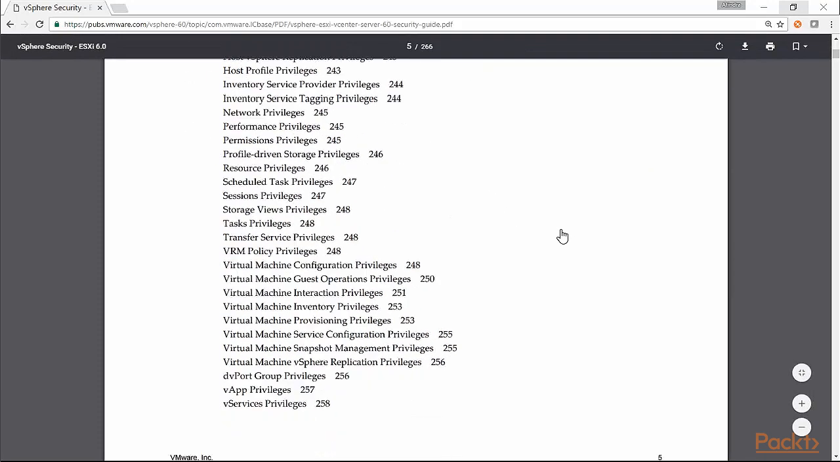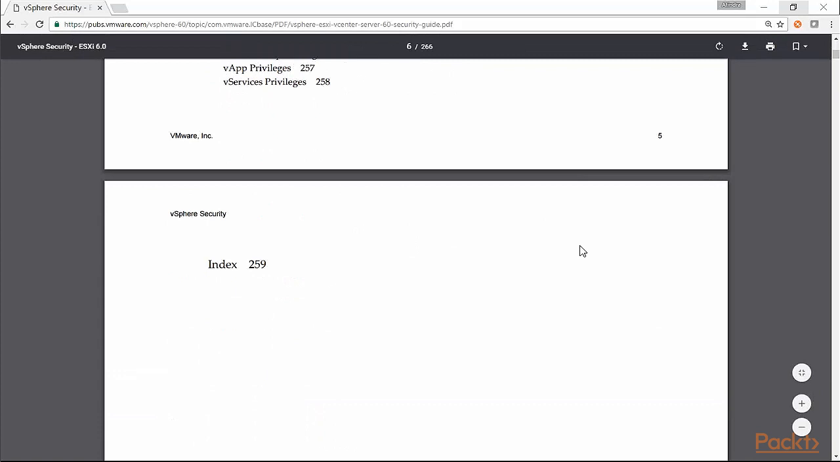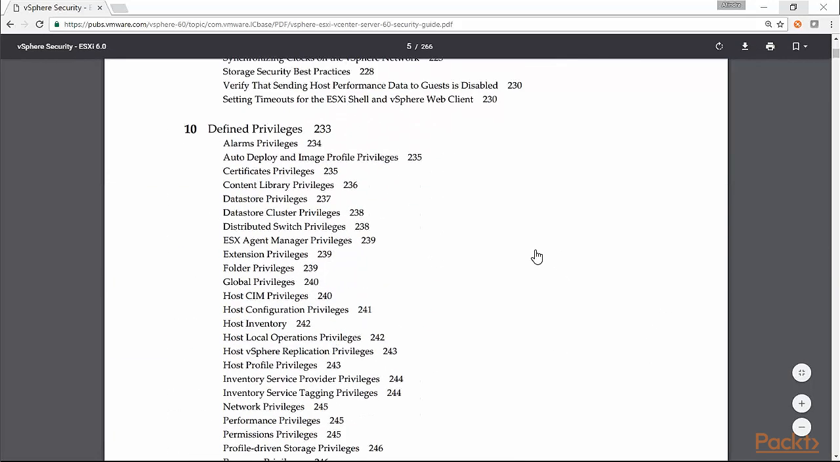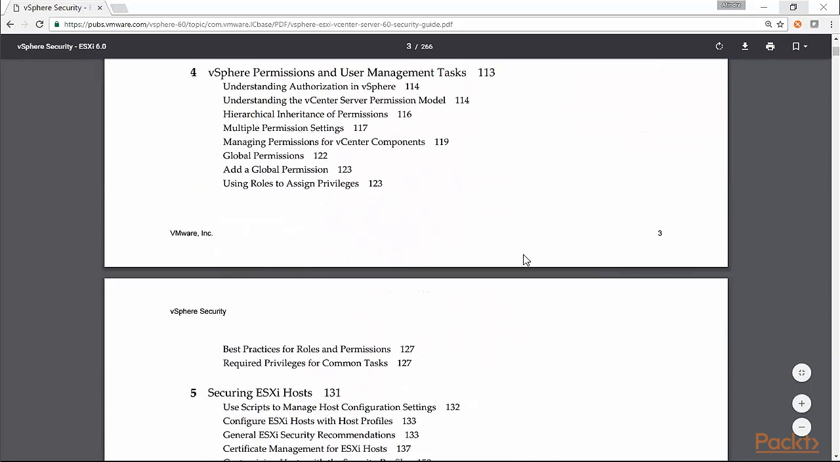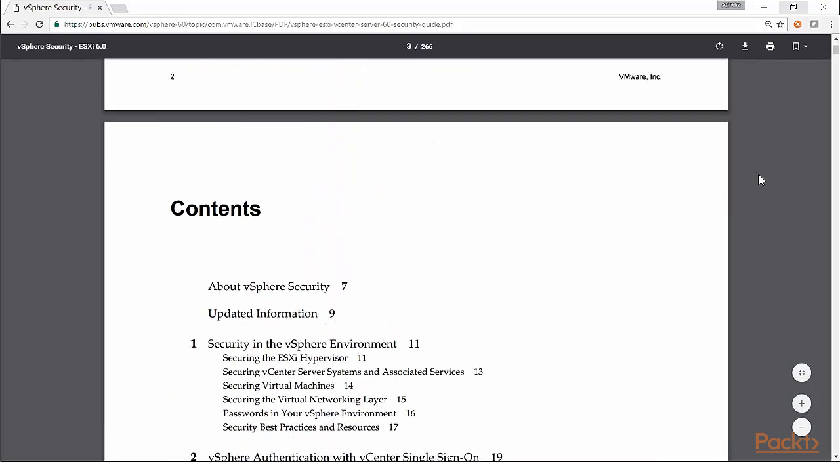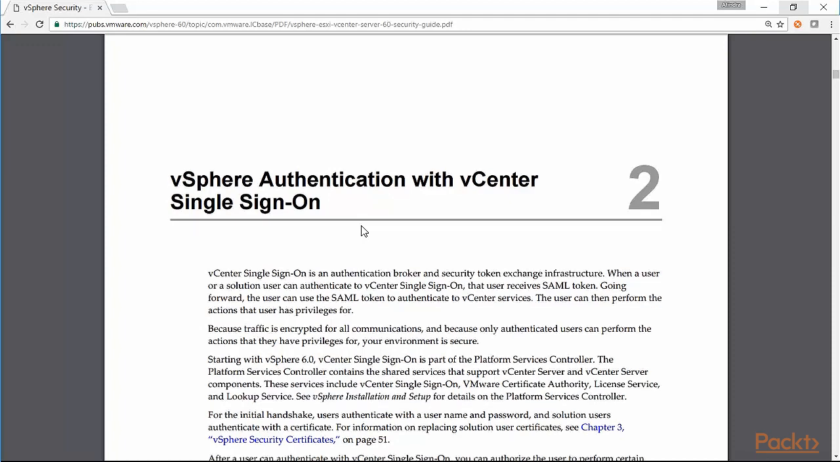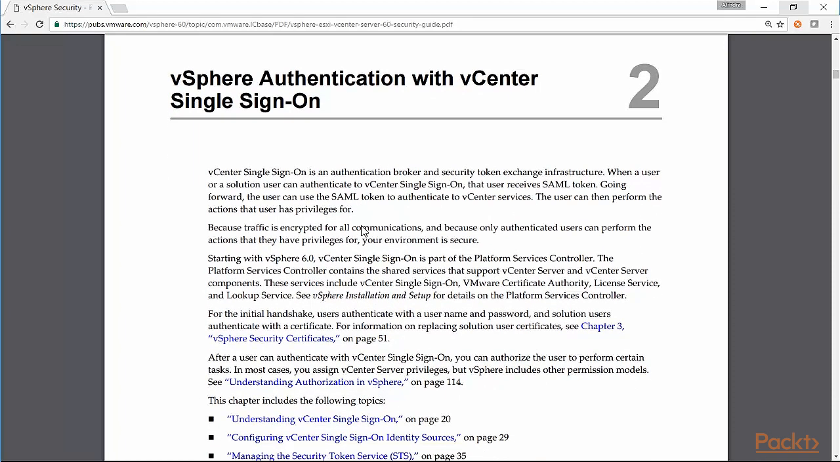You must all be familiar with this. So, a really extensive guide to the entire spectrum of vSphere security management. From this, let's move to chapter 2, because we are going to look at understanding how vSphere authentication works in